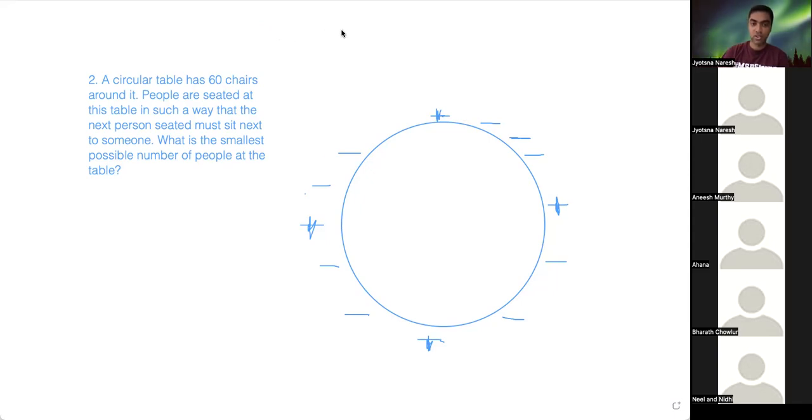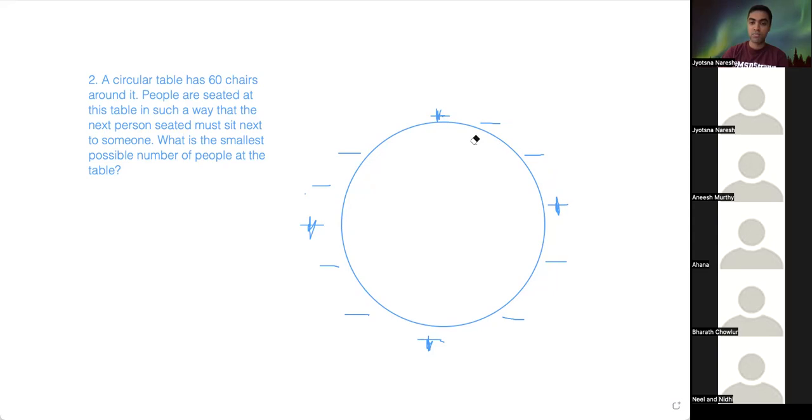Good, yes. So in this case, I could just put one new person here, and they would not be seated next to someone who was already there. They would be next to 2 empty chairs. So if I did put 3 empty chairs between 2 people, this property won't be satisfied. We know that people are seated at the table in such a way that the next person seated must sit next to someone. If I put 3 gaps between 2 people, one person could sit here and violate this property. So the maximum gap between any 2 people at the table must be no more than 2